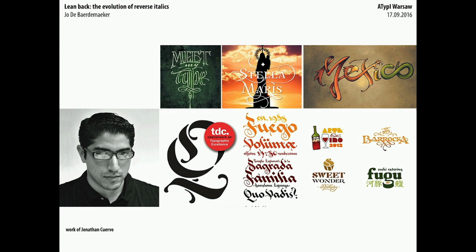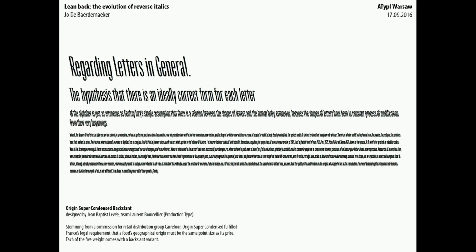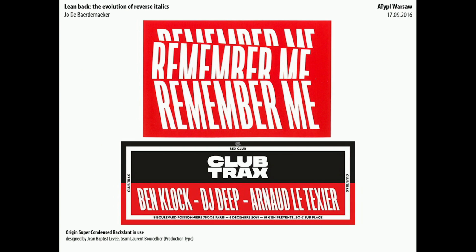Work from a Mexican typeface designer, letterer, and also Origin Super from Condensory from Production Type, which originated from designing a typeface for the Carrefour. It's a supermarket for packaging, in which the origin of the country had to be the same type size as the actual food. It was expanded as well, but it's great to see that more and more type foundries and type designers are